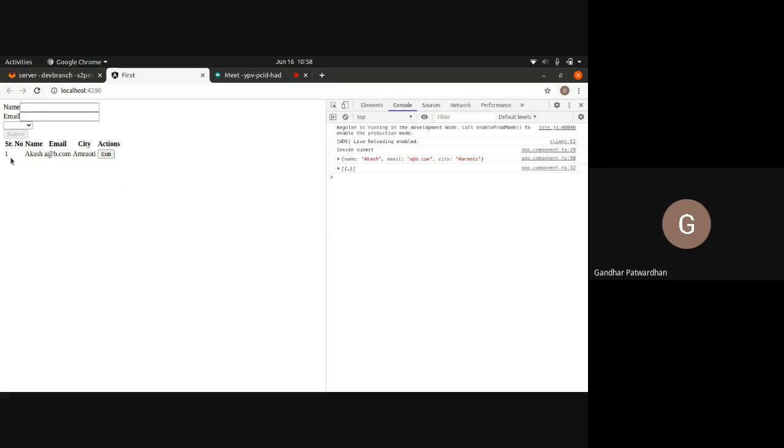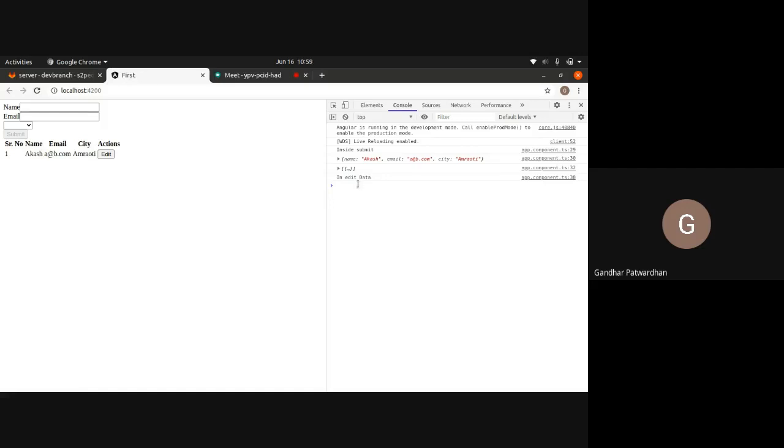Now, if you see that I got this row, and if I click on edit, it should simply say in edit data. But what you need to understand is that even if we are saying in edit data, we are not passing the reference of this data here. So we need some way or mechanism of passing this particular row to this place.